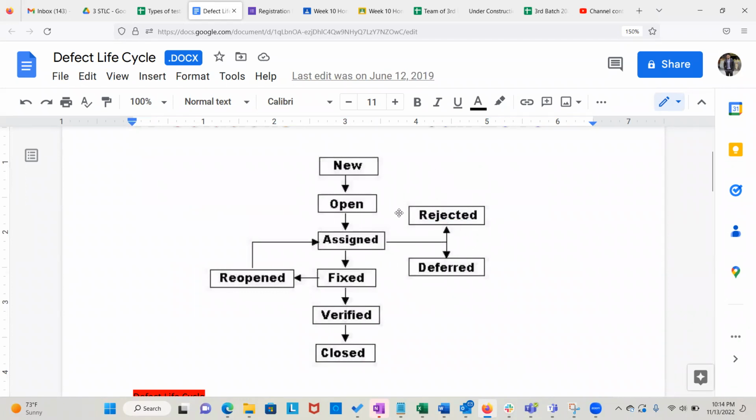They could reject it if a duplicate bug is logged. And secondly, if they don't agree with it, they'll reject it. Deferred is, let's say, when a bug got created, opened and assigned, and they see this is a minor bug. We have different priorities: blocker, high, medium, low.